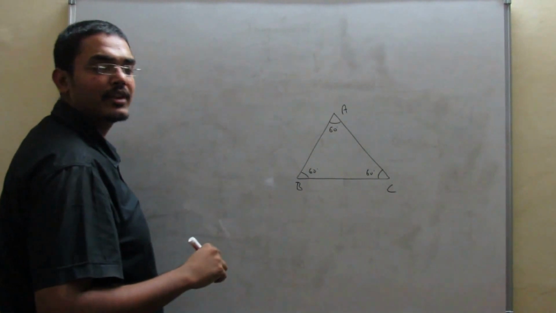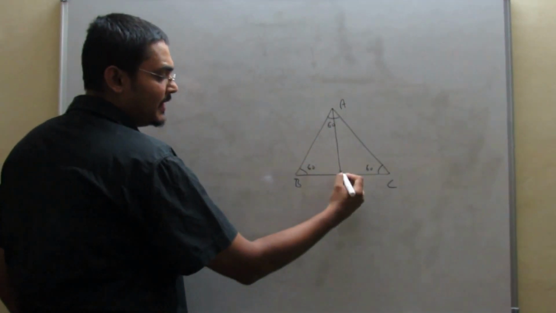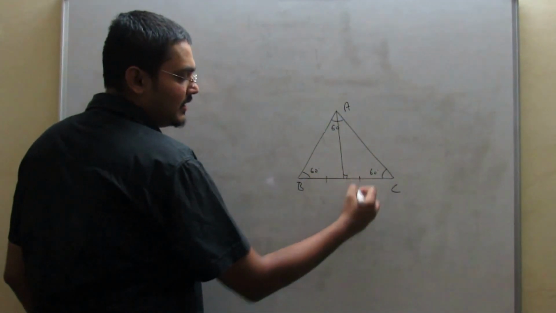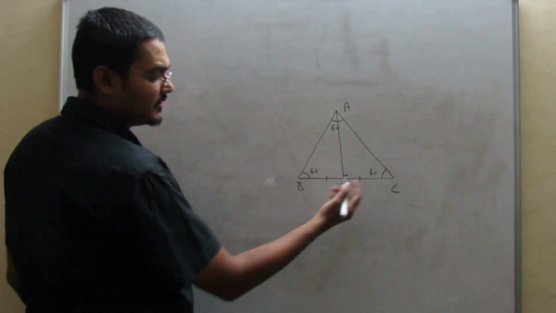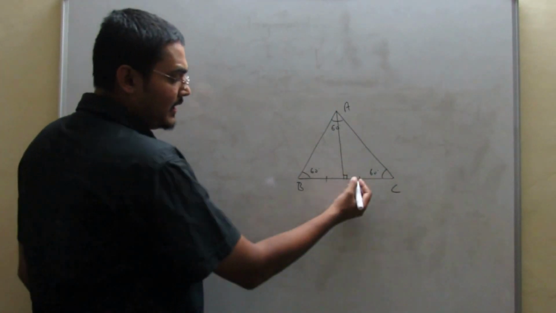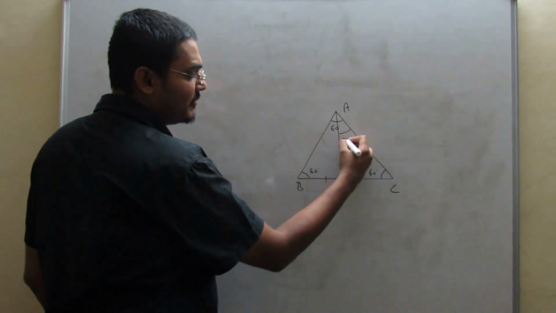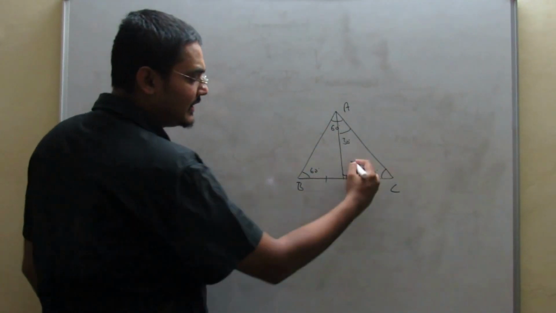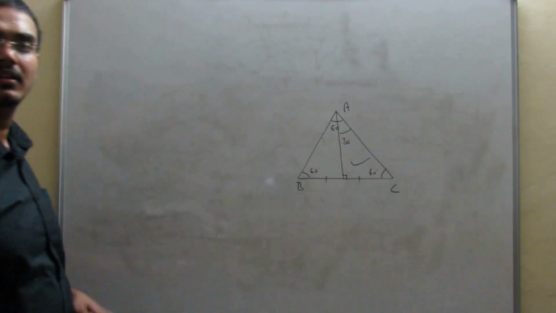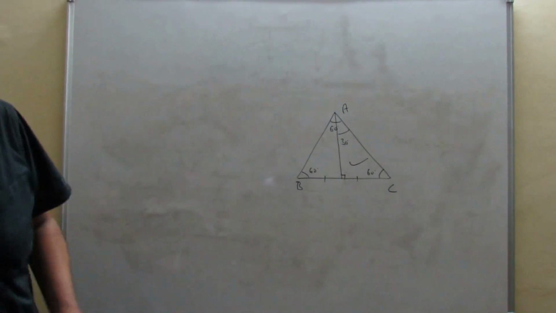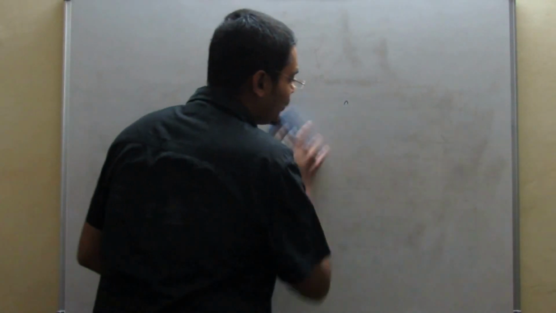There is one more property of equilateral triangle, that if I draw any perpendicular to the base, it bisects the base. So it is a median also. This angle is 60, this angle will be 30 degree. So now I can again apply my trigonometry in this angle. So let's see how to apply trigonometry. What does it mean? Let's see all the six ratios.